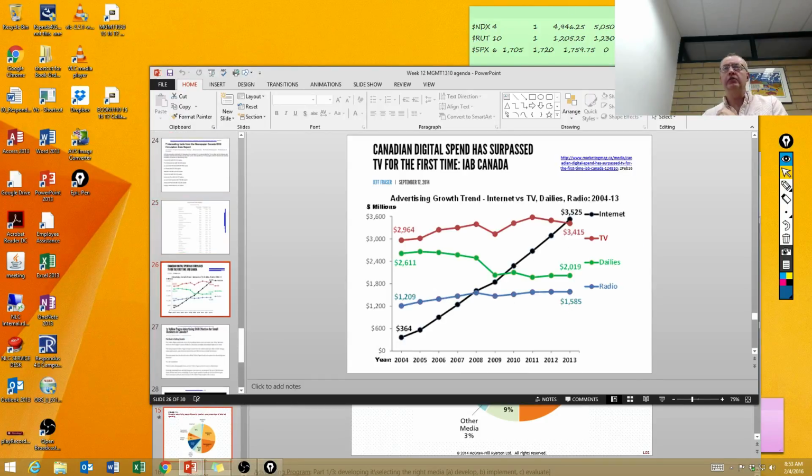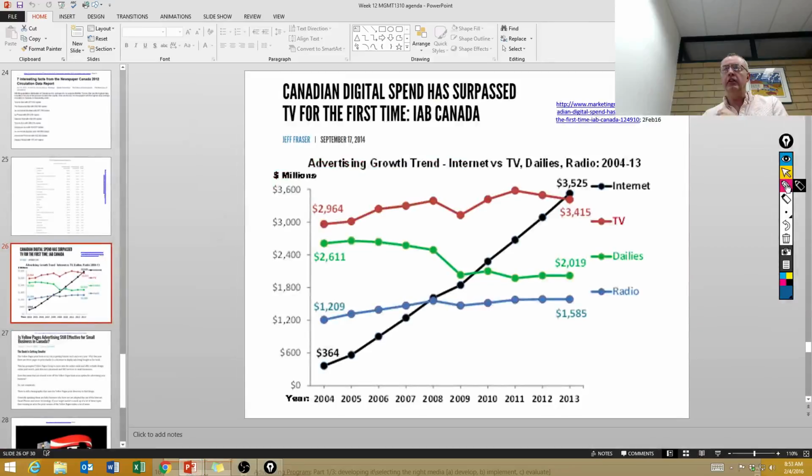Okay, so this chart is from the end of 2013. At the end of 2013, the value of internet advertising in Canada exceeded that of TV. So we can see that over the last decade,